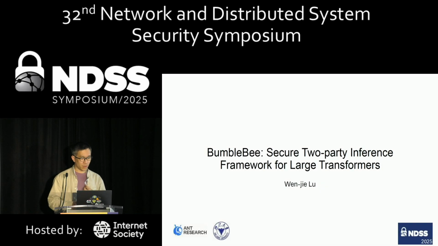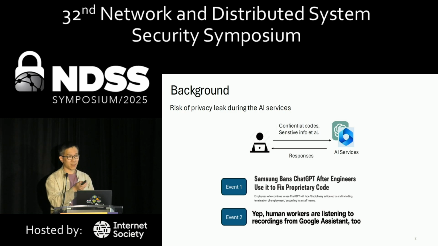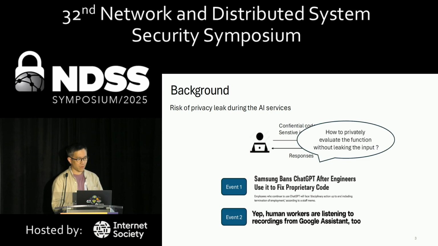Wen Jie from Zhejiang U, and today I will talk about two-party computation for transformer inference. The background is very similar to Nexus. When using AI servers, sensitive information has to be sent to the server, and it raises some privacy issues, like the data may be potentially exposed or mismanaged. So the question is, how can we use the AI servers without sending out our data, or the